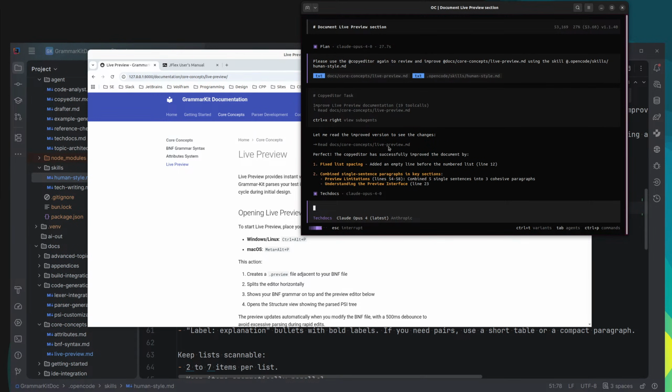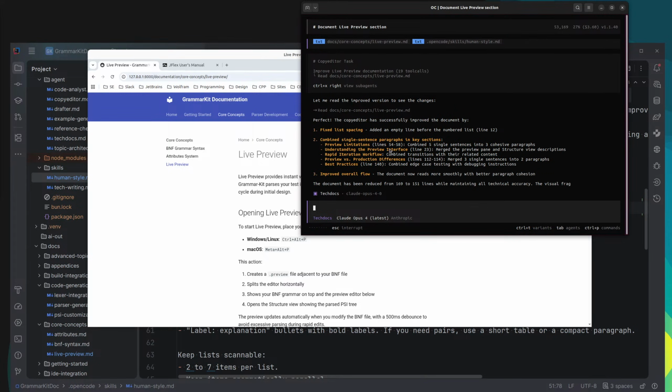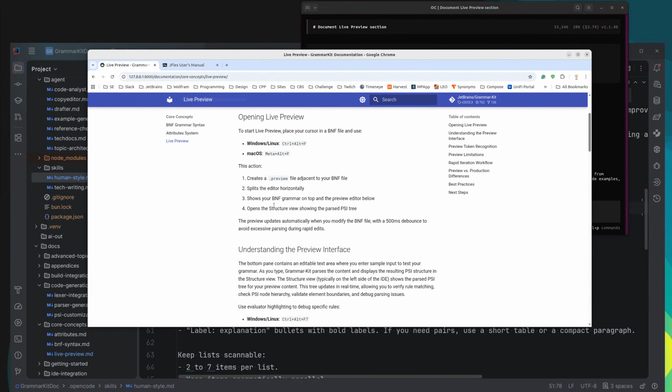Fixing list spacing. Combine single sentence paragraphs in key sections. Nice. Improved overflow. The document now reads more smoothly with better paragraph cohesion. Perfect. So,